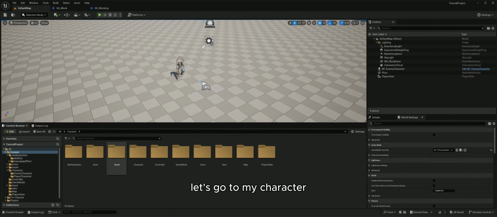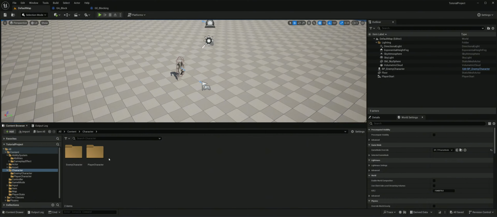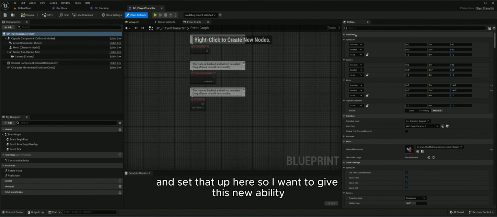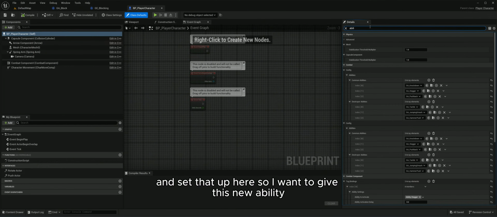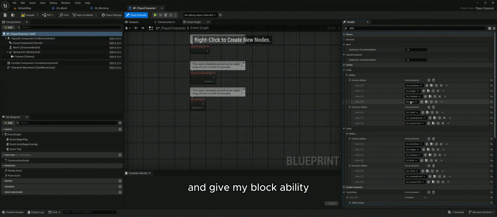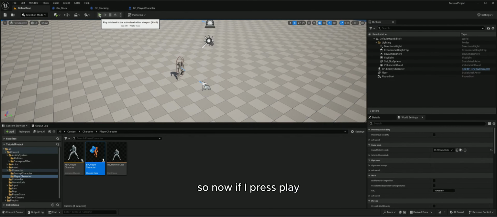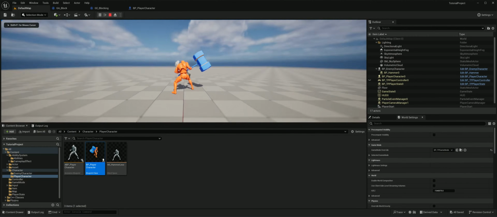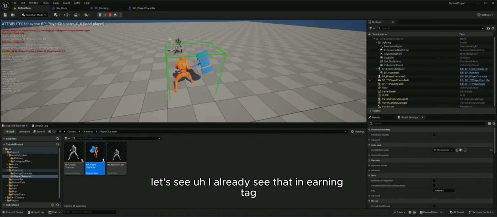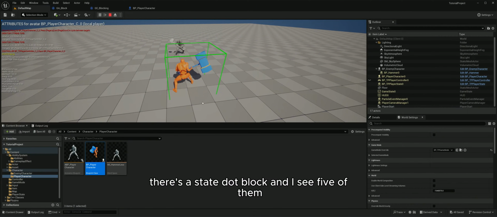Let's go to my character and set that up here. So I want to give this new ability. I'm gonna add it into the section here and give my block ability. Alright, cool. So now I'll press play. Let's see. I already see that I'm owning tag state.block, and I see 5 of them, which is not